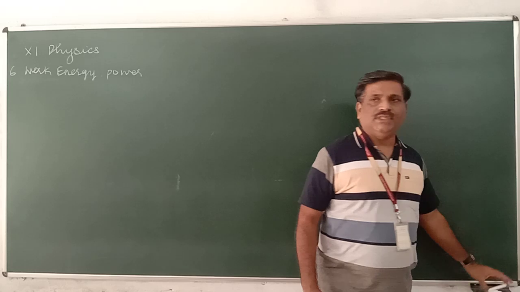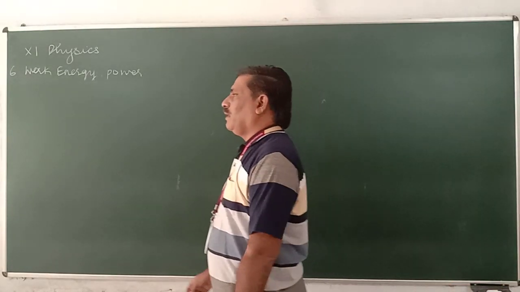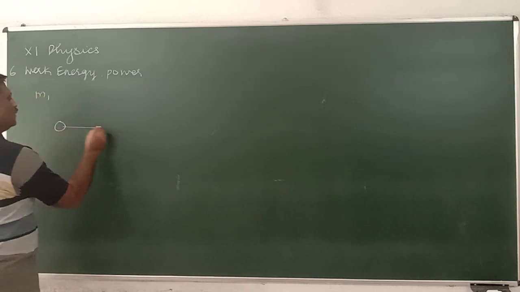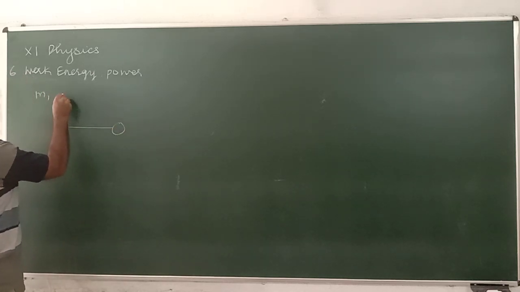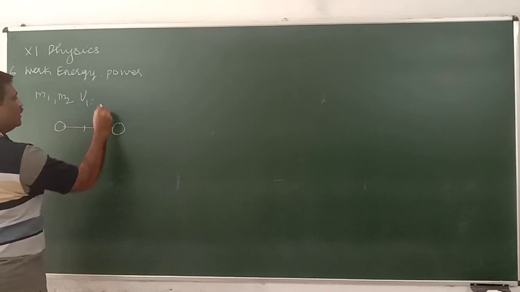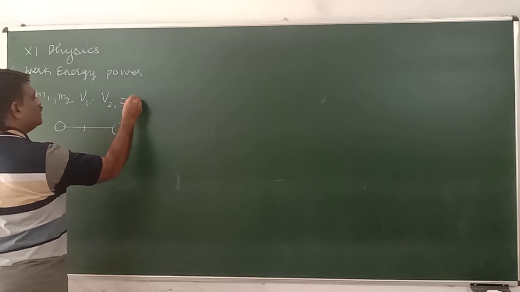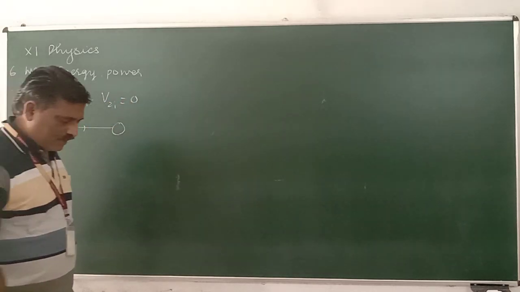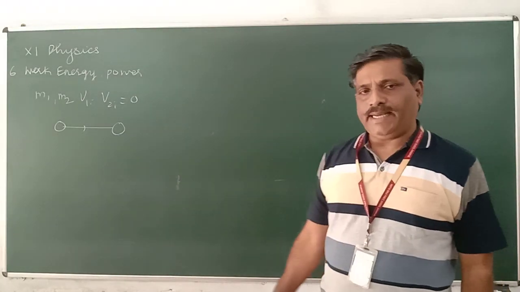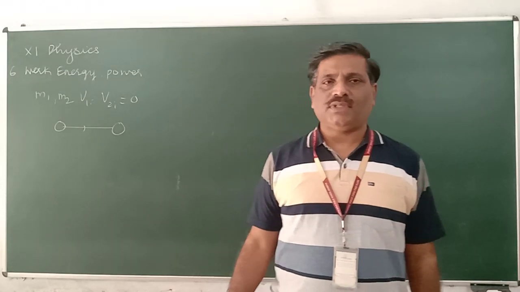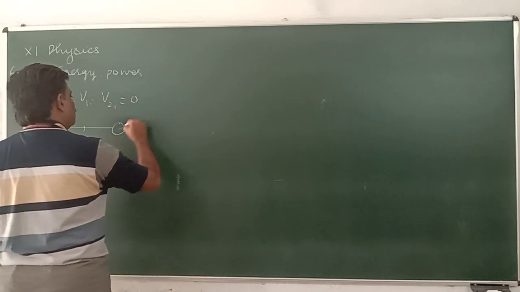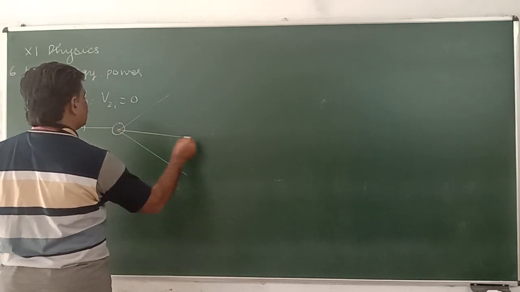Already in the one-dimensional collision, if you see this one, this is one body, its mass is m1. This is another body, its mass is m2, and the first one is moving with velocity v1i, and v2i is considered as 0. Therefore, the second body is at rest. Just for convenience, we can take a certain finite velocity for this second body too, but we keep it at rest. After collision, one goes here, another goes here.